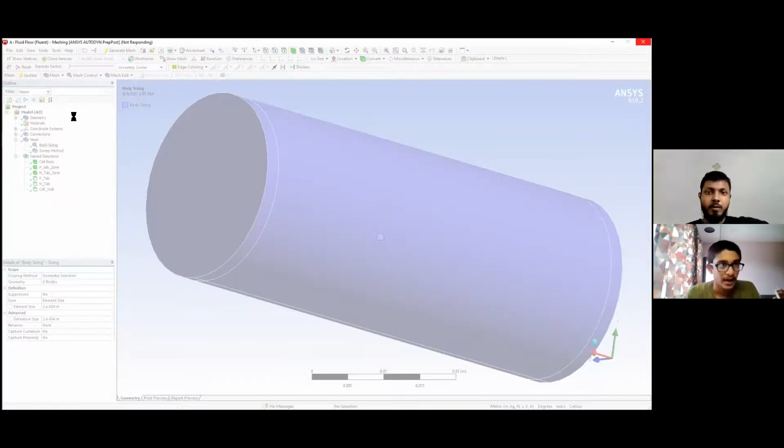So I'm assuming this method directly won't work, the swap method, because it requires a start phase and an end phase, as I may not have shown in my video. But if this doesn't work, we'll go to the design module or SpaceClaim and just split our body into 4 sections, so 4 quarters. And then I think we'll be able to mesh it more properly, because we'll have control over how the mesh and the elements should start forming. So we'll do that if this method doesn't work.